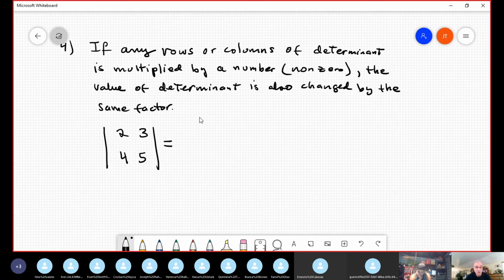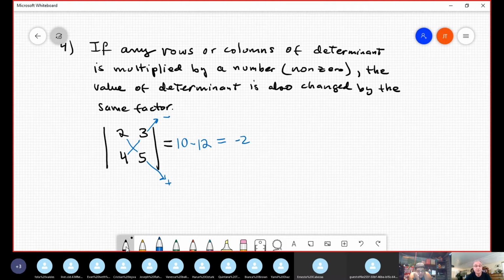When you compute this determinant, the answer is 10 positive and 12 negative, you know? So it's 10 minus 12, 10 minus 12 equals negative 2. Now suppose